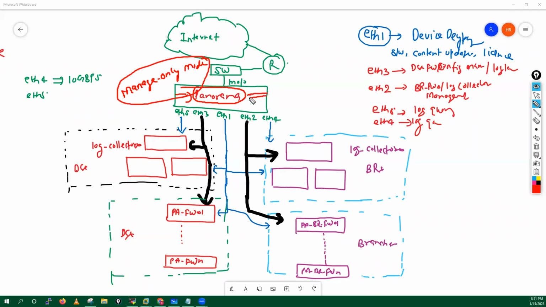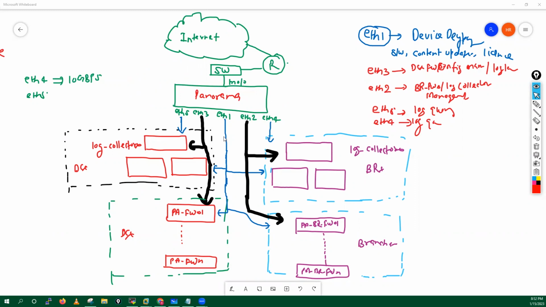Even if we are running this in Panorama mode, we are not sending the logs there. If the firewalls don't forward any logs to Panorama, then we can run in Panorama mode as well, and it will not impact anything. But we have to create the log collector group, and there are many things to do. When I create this configuration, that time it will make more sense. Right now it's just network segmentation, so let's keep it short till then.